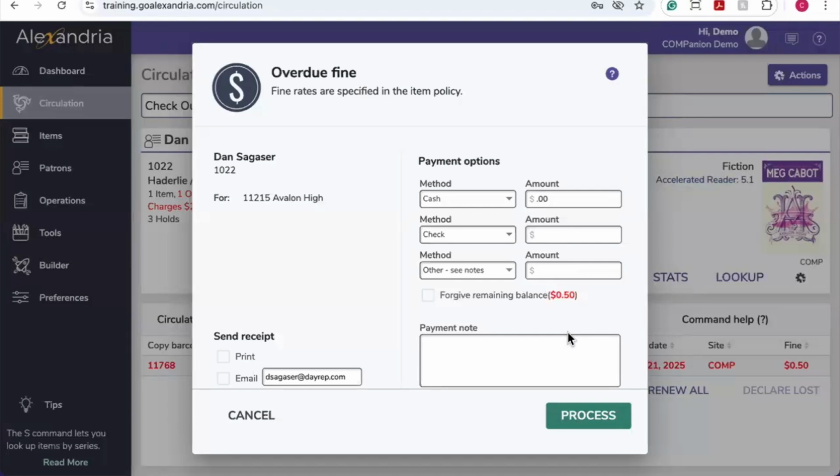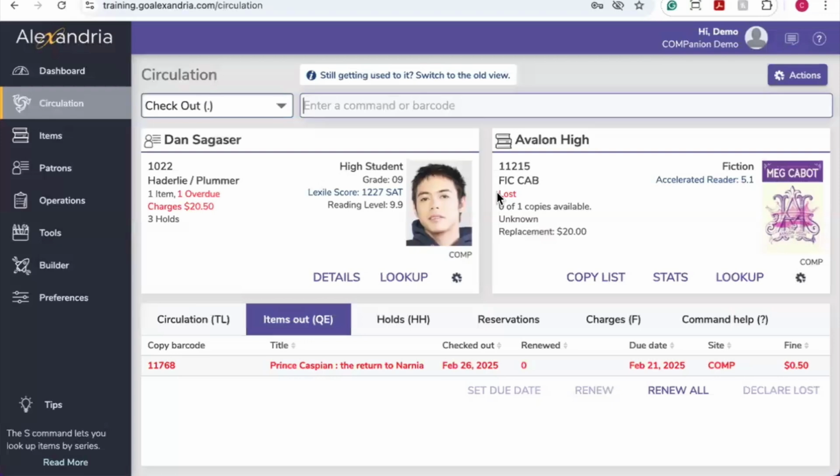This was an overdue item, so it's also going to be charging the overdue fine. In my case, we'll go ahead and just forgive that one there. So you'll see Avalon High now says that it's lost. If I run a report, I'll be able to see that it was lost today from Dan. And if we clear out our screen, just using our X command here,